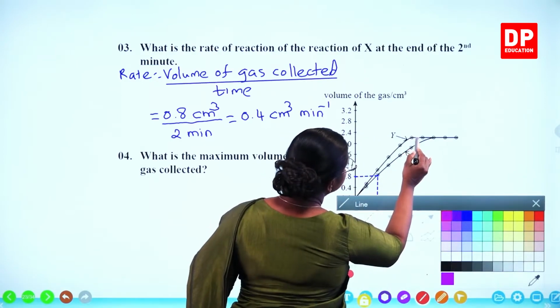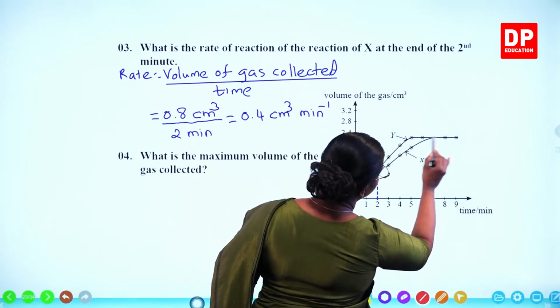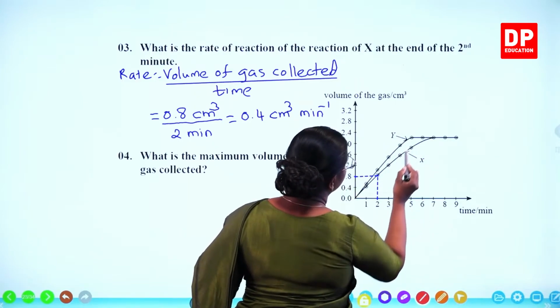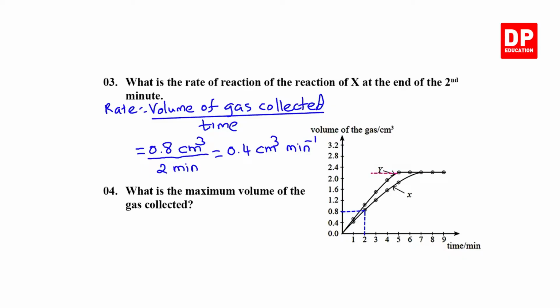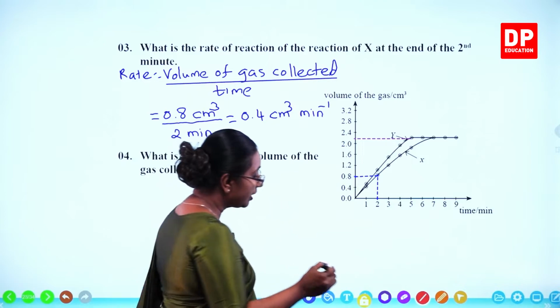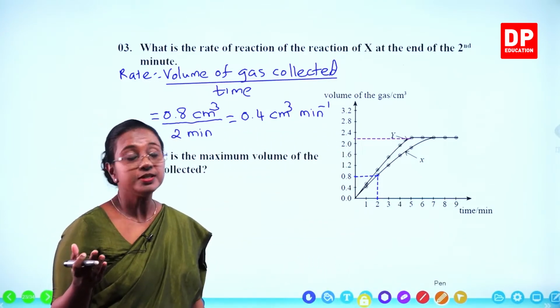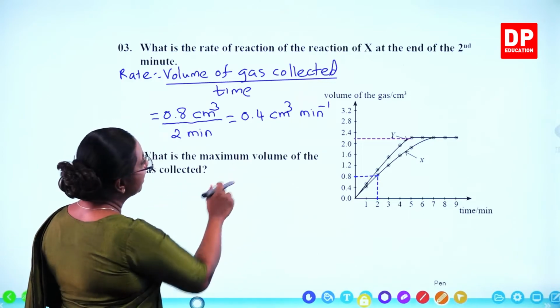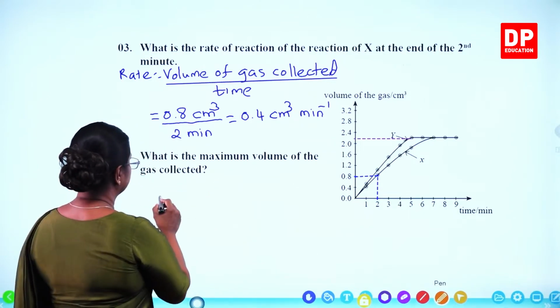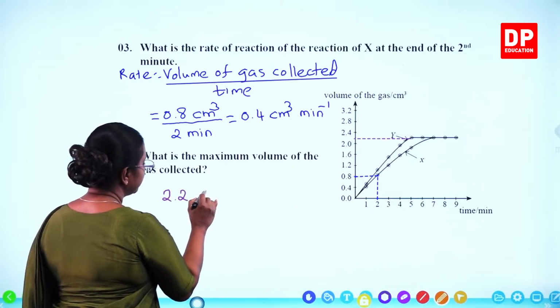Here, this is the maximum volume. At this point only, it becomes a straight line. So, if we extrapolate this line, it comes to somewhere between 2 and 2.4. So, then of course, you all can take it as 2.2 centimeter cubes. What is the maximum volume of the gas collected? I will say 2.2